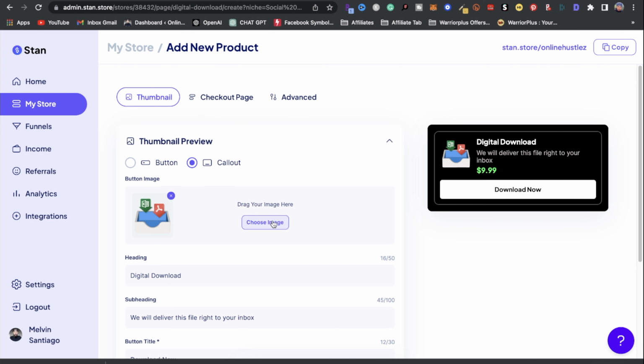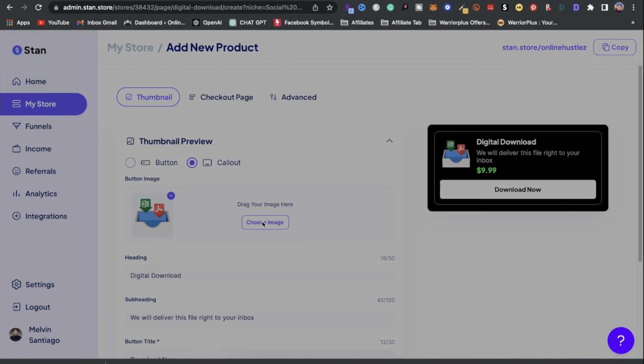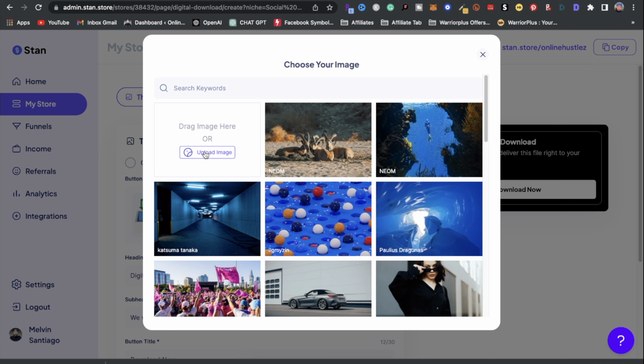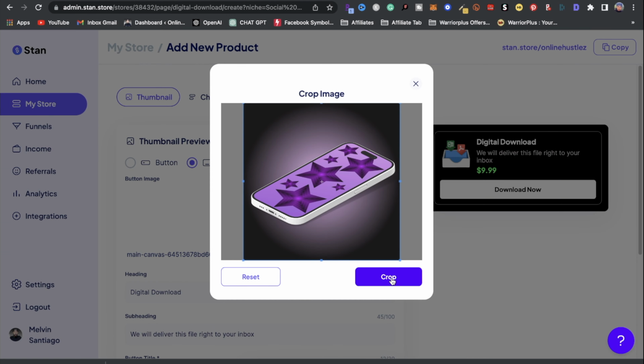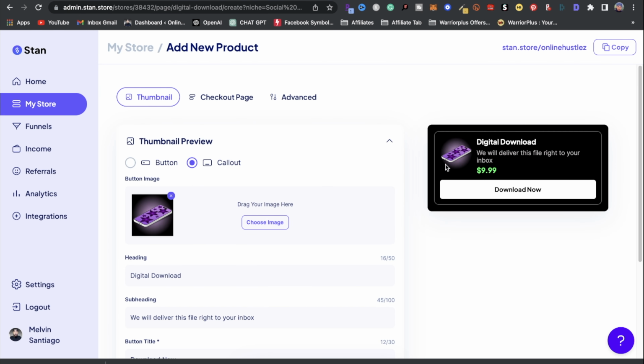Now for drag your image here, what I'm going to do is click on choose image, click on upload image, locate my mockup, click on open, click on crop, and as you can see, there's our mockup. Now you can edit all this information that says digital download, we deliver this file right to your inbox. You could put something like,